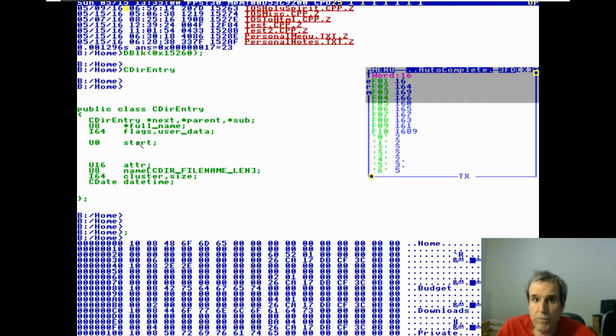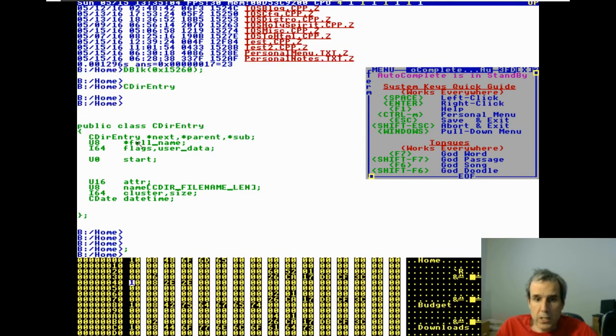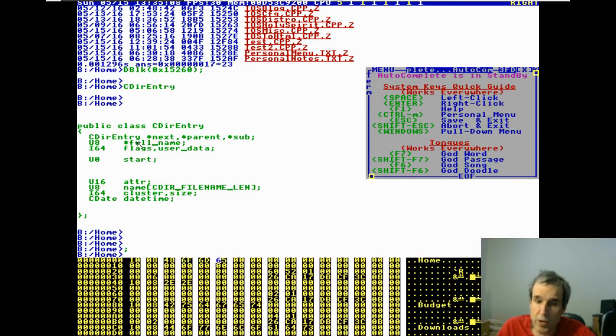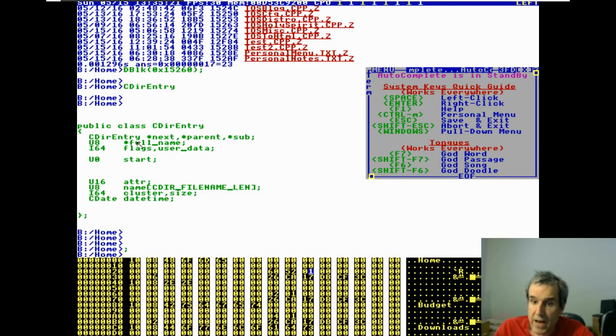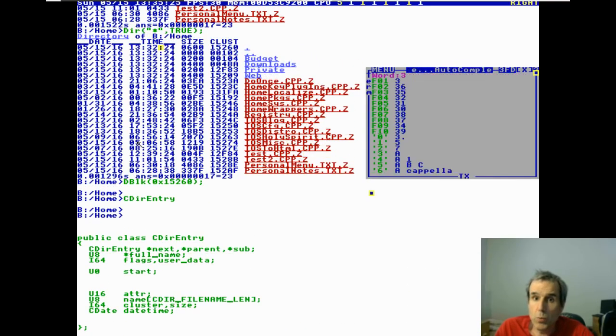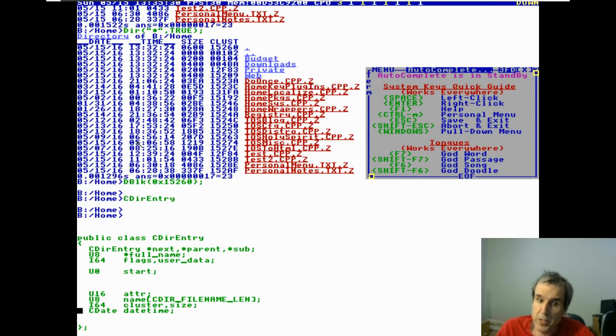The first several were directories. Then the name, the home. This is the home directory. It's kind of weird that that's like that, but anyway, home directory. Then this is the block number, 015260. So 015260 is the cluster number, block number, and